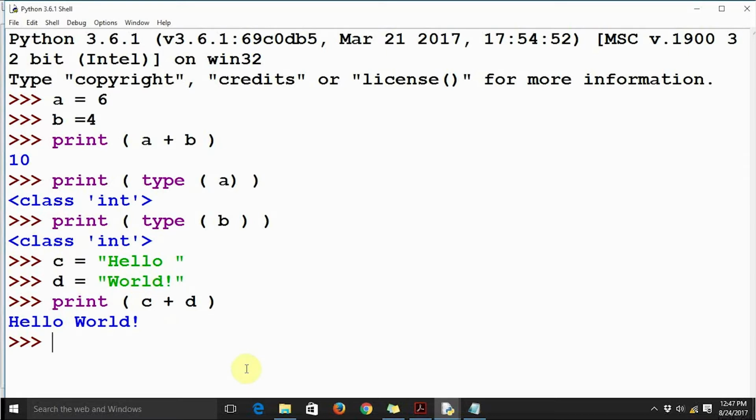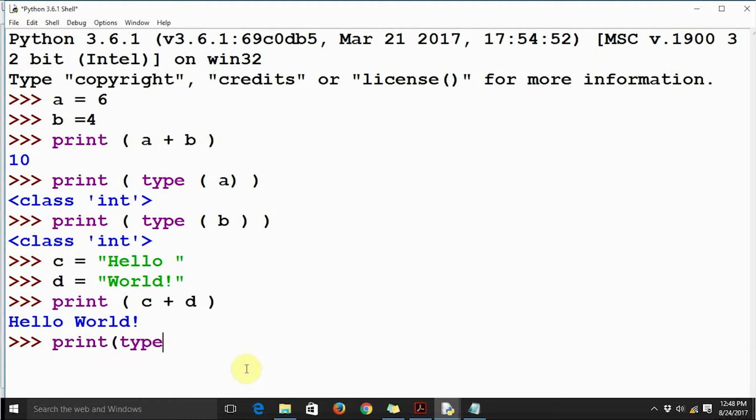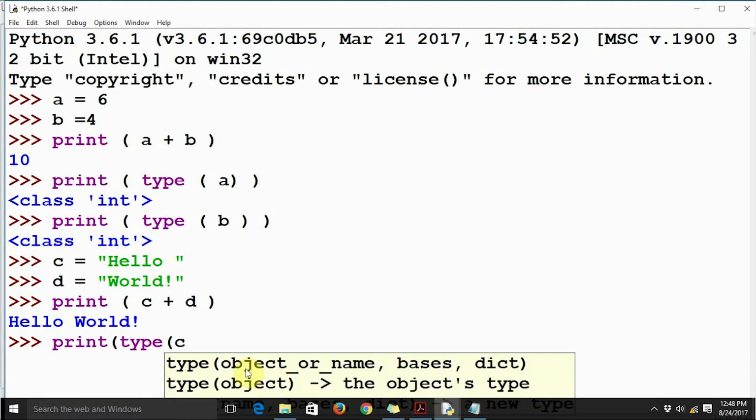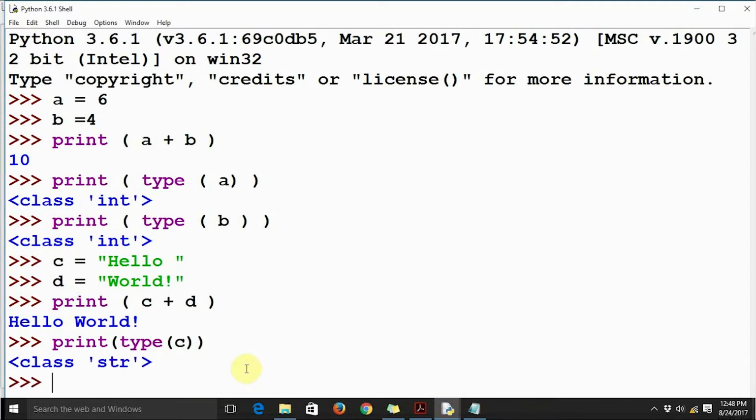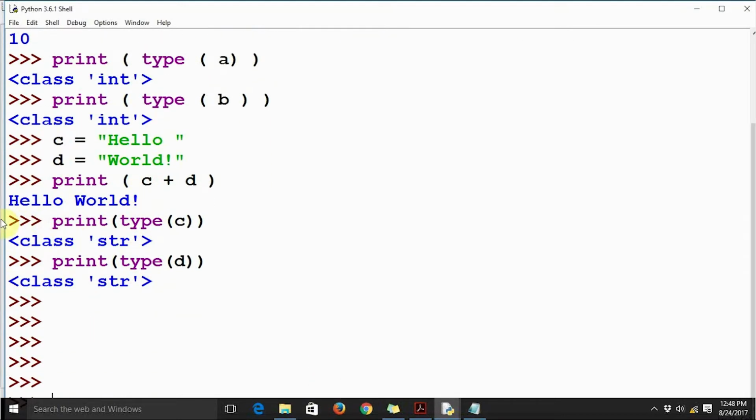If you want to see that, print type of c, and print type of d. It is going to give me the same result. I hope you are able to see this. So the type of c and the type of d is string.